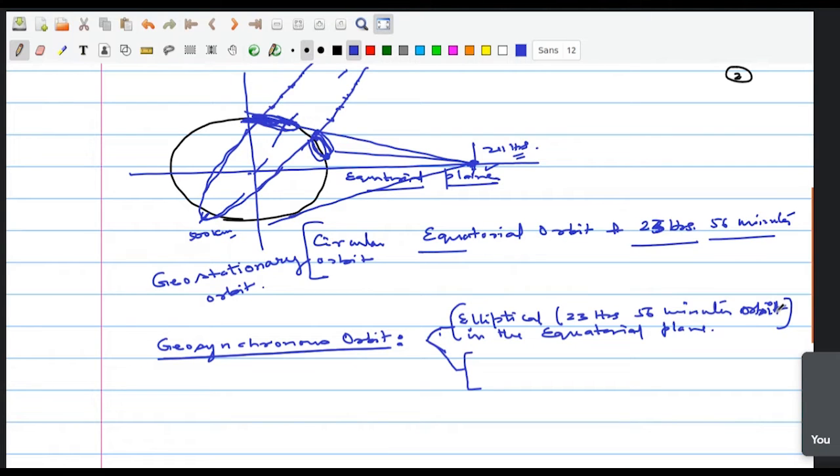Okay, in this case, what will happen is that if this is your Earth and the satellite is here, but now it's not in a purely circular orbit, but a little elliptical. On this side it's more, and on this side, say, it's less. So in this case, your satellite will not be overhead. Here in this case, it will always be overhead because it has exactly the same period as that of the Earth.